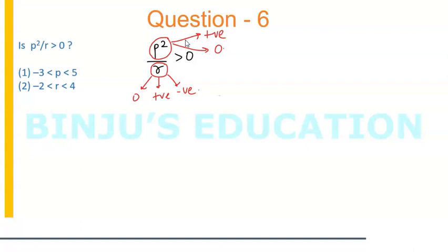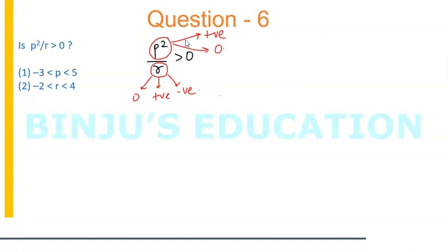So looking at these statements 1 and 2, I can ensure one thing. Since it's asking me whether p square by r is greater than 0, looking at the two statements, one of the statements gives us information only regarding p, whereas the other statement gives us information only regarding r, right? So I don't think any one of them will actually give us a conclusive answer if looked at individually,